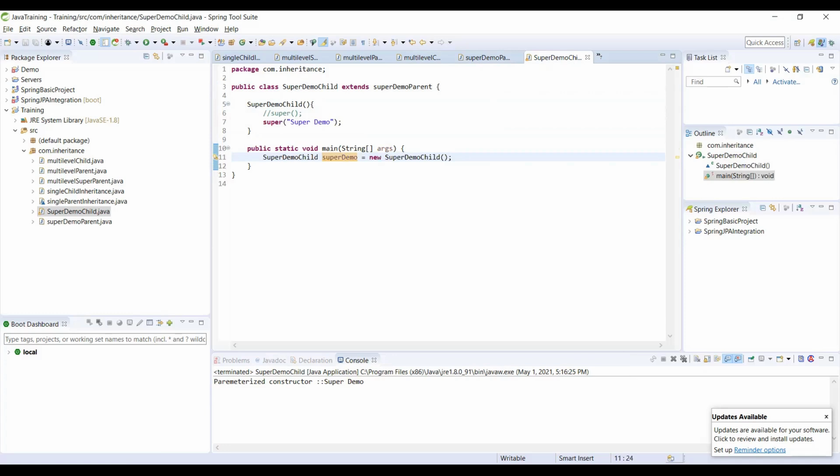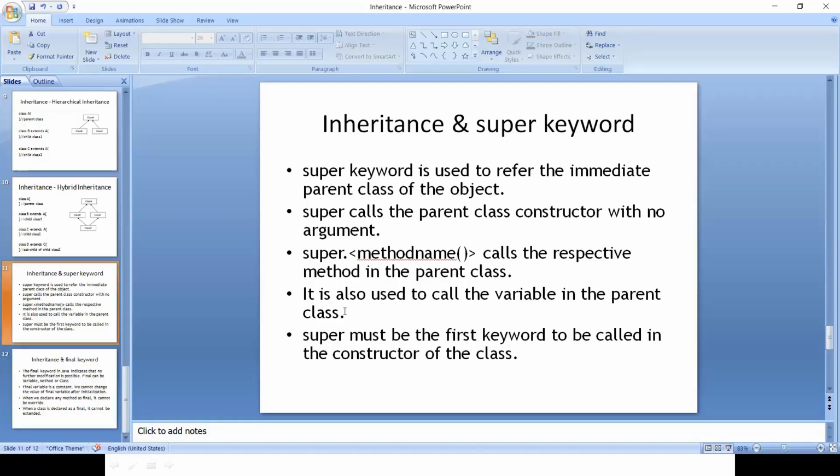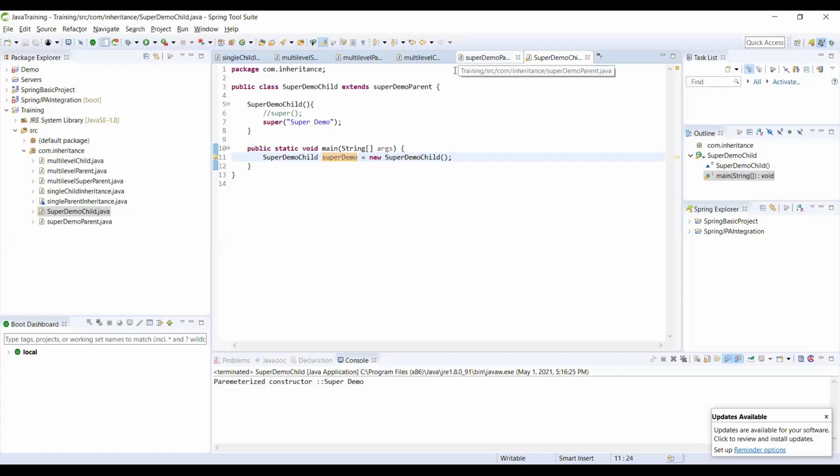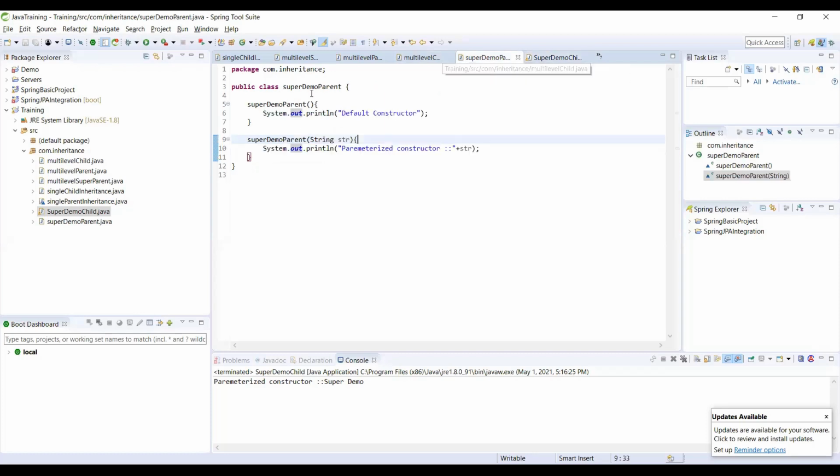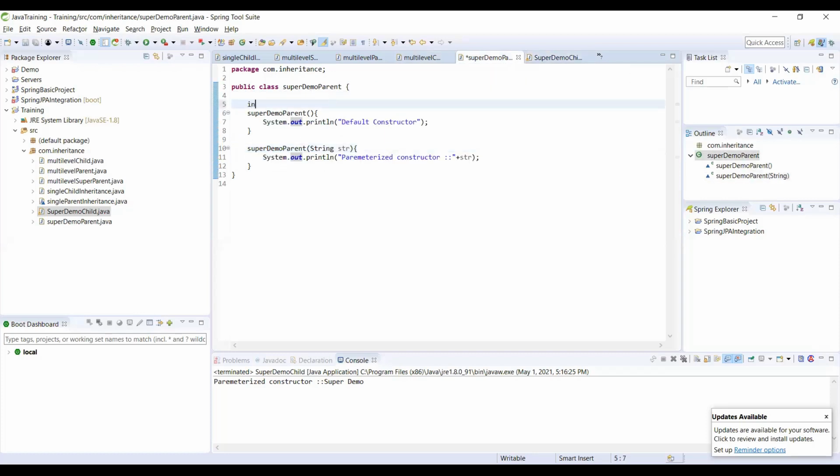Now, we also spoke about calling the variables in the parent class. I have this parent here. Let's say int a equal to 30.